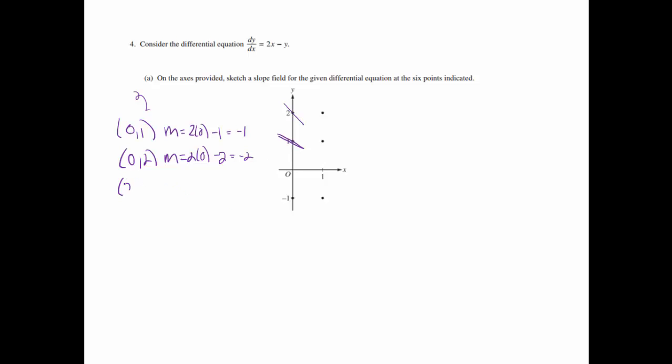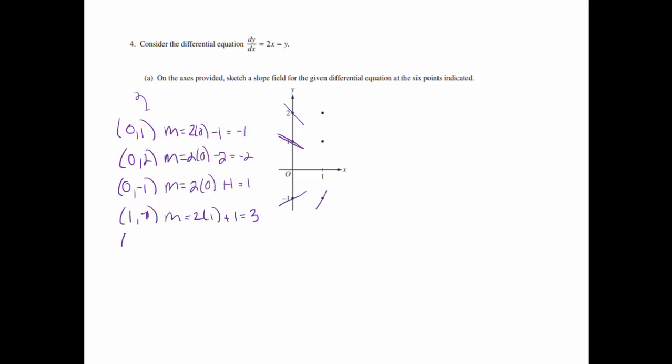And then I'll do (0, negative 1). My slope will be 2 times 0 minus negative 1, so that will be plus 1, so my slope is going to be 1 down there. So I'll try to make it the same as that one, just opposite. (1, negative 1), my slope will be 2 times 1, that's 2, minus negative 1, so plus 1 again, so that's going to give me 3, so my slope there is going to be pretty steep,